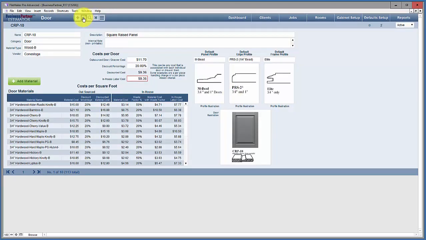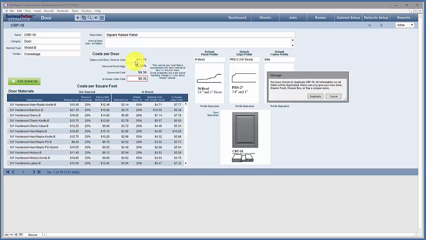The plus actually means duplicate, so you have 2 pluses kind of laying on top of each other. The plus means create a new door. This means duplicate an existing door. So if I wanted to create a new door that was very similar to the CRP10 door, maybe it's a CRP10-2, which just means the same door with 2 panels, I could come in here and say plus, and then